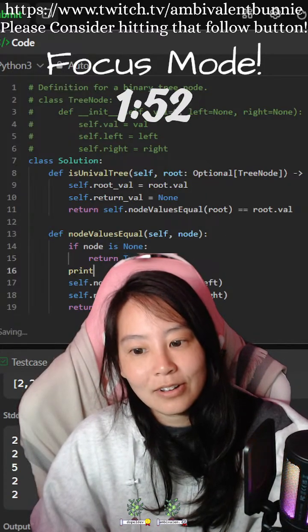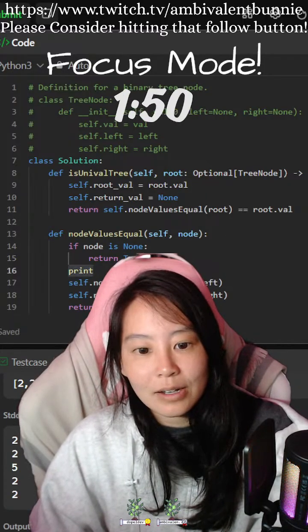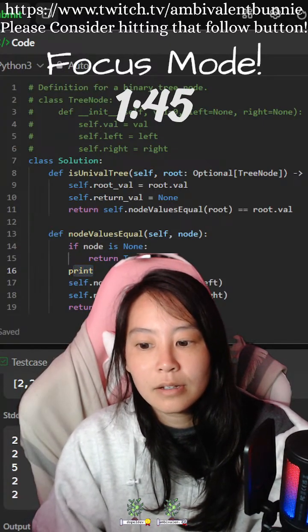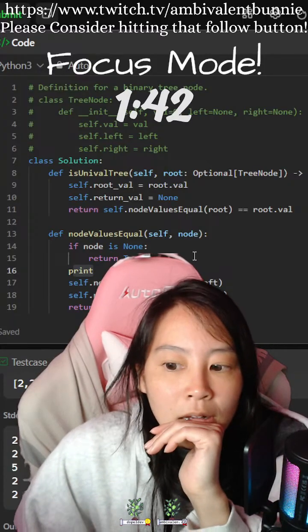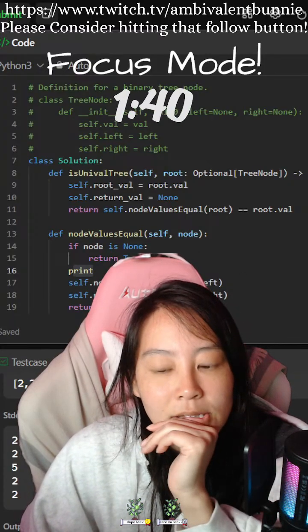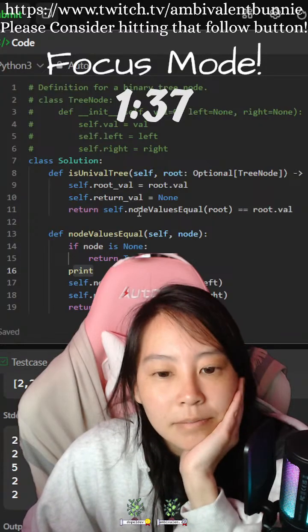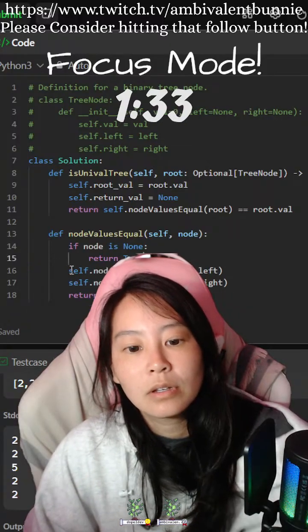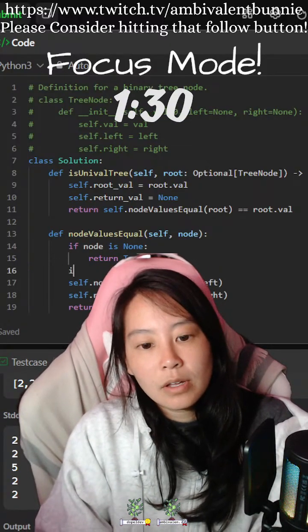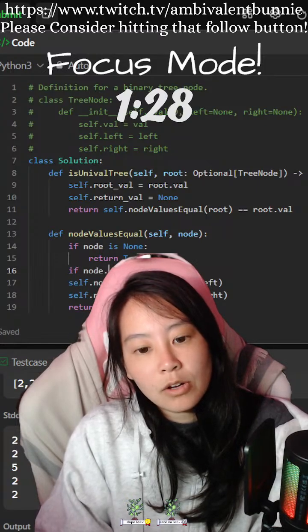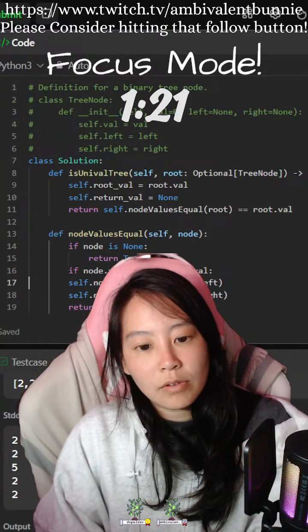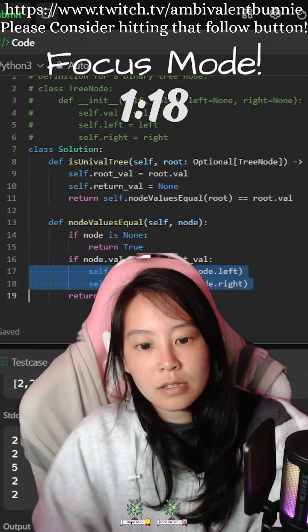Okay, so if node.val equals self.root val, I'm going to do this.